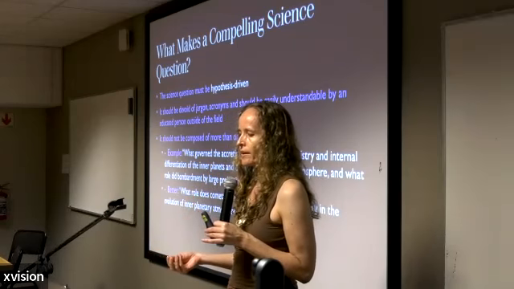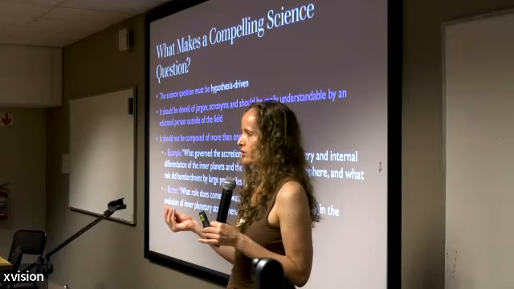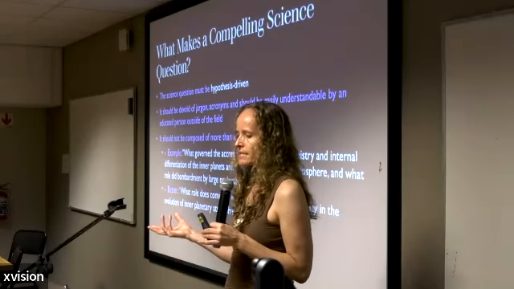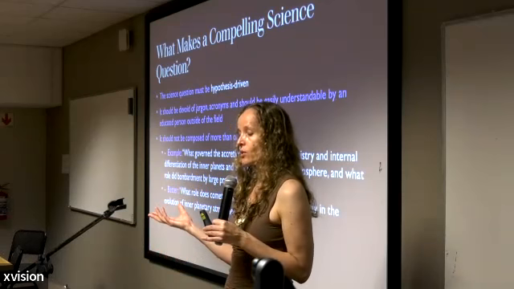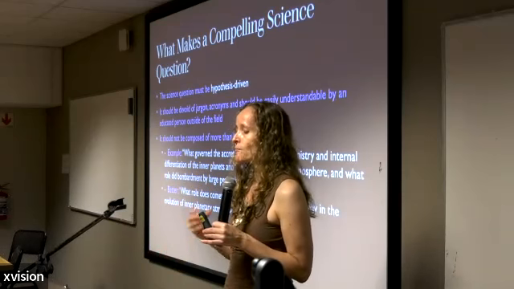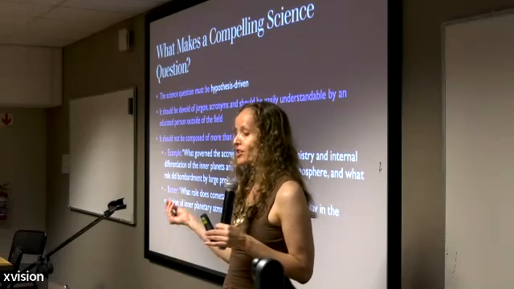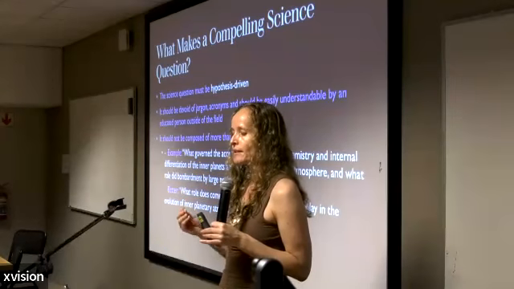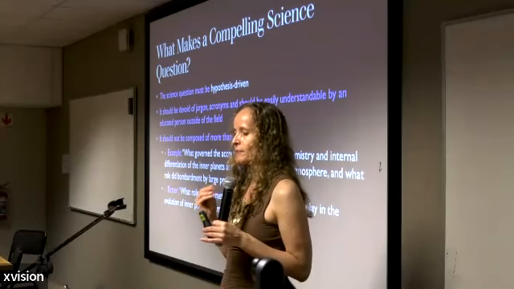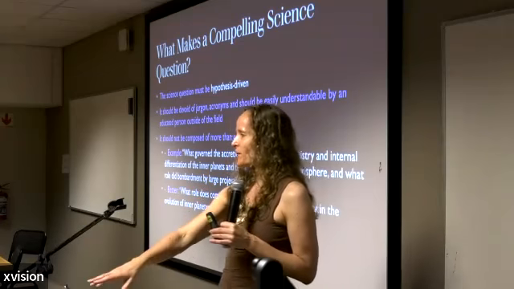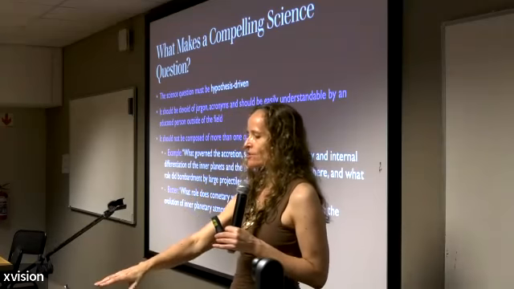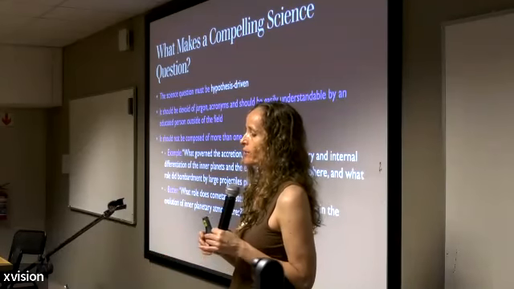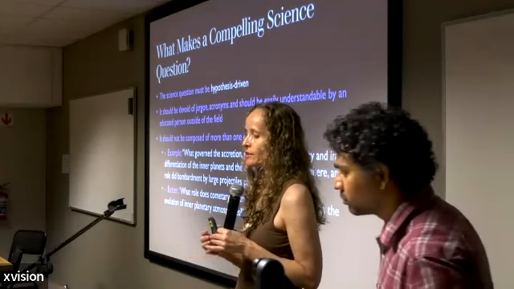So for example, you should only have one question. You're just answering one question. If you have too many questions, it gets confused. So in this case, for example, which has too many questions: what governed the accretion, supply of water, chemistry and internal differentiation of the inner planets and the evolution of their atmosphere, and what role did bombardment by large projectiles play? It's very long. It's a little hard to understand. So the much simpler and better way to say that is, what role do cometary water and planetary impacts play in the evolution of interplanetary atmospheres?